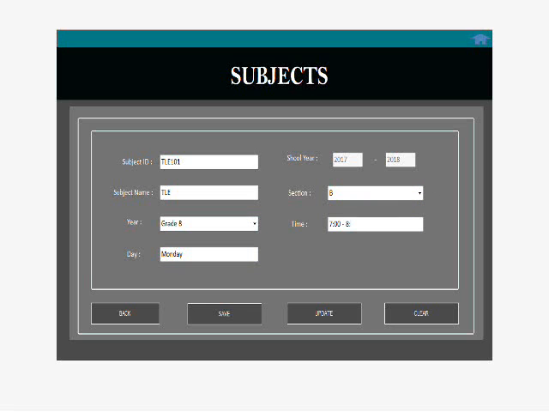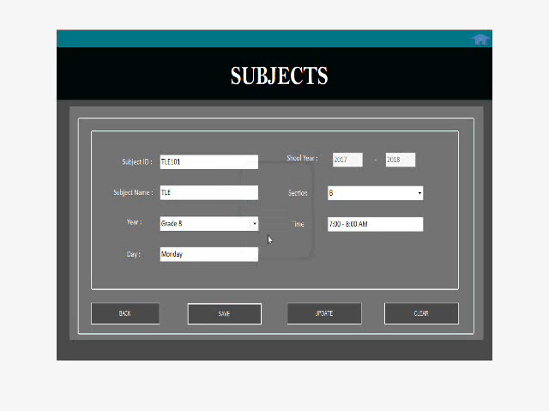time, 7 to 8 a.m., and then just click save. Okay, it is successful.